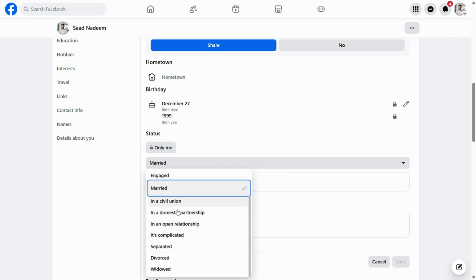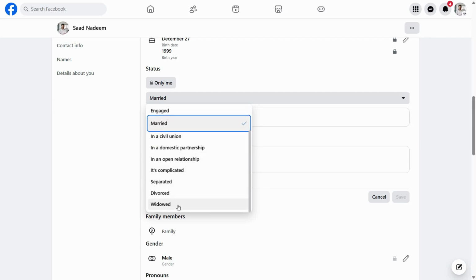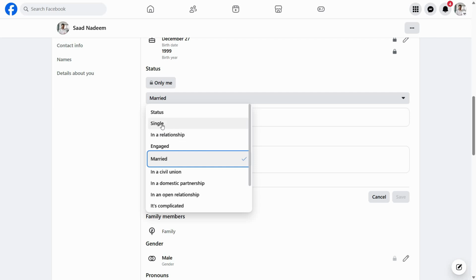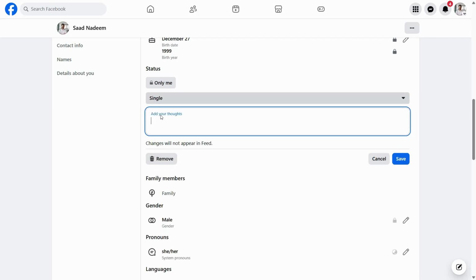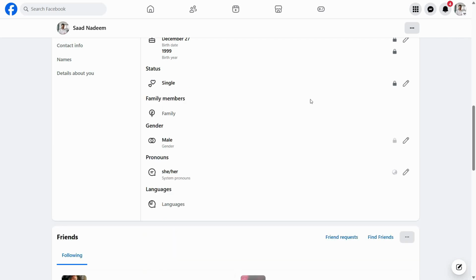And let's say that you want to change the status to anything else like single, in a relationship status, engaged, in a civil union, and all. There are a lot of options here. You will select according to your needs. You can add your thoughts about it, click on save,